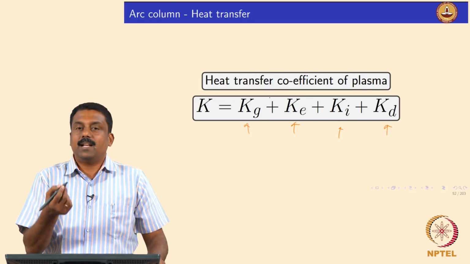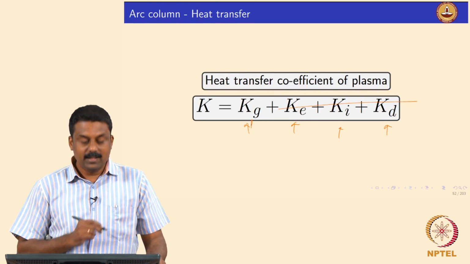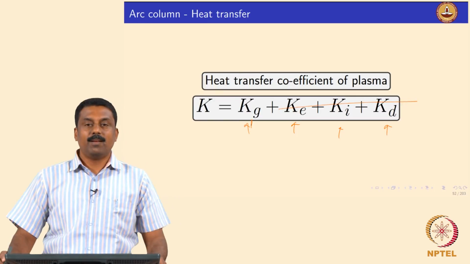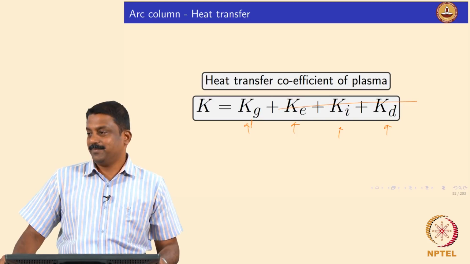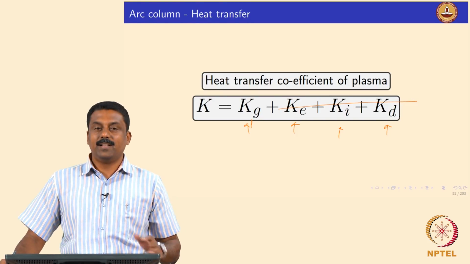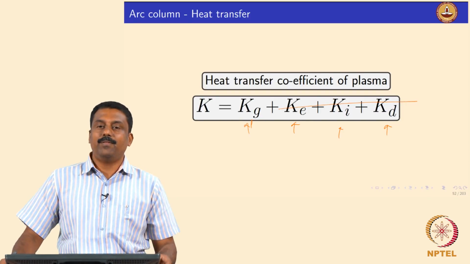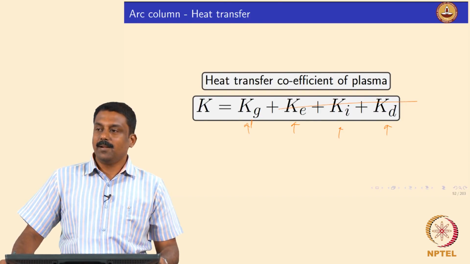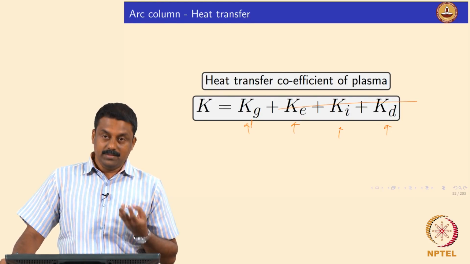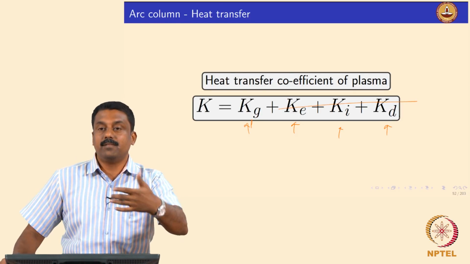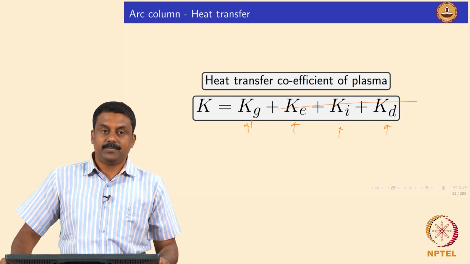In a classical solid conductor, these go away, you have only Kg, but in an arc unfortunately we will have to account for all these 4. So, when you look at how heat is conducted in an arc, we need to calculate all these 4, and these 4 reactions would determine the temperature distribution if you neglect the radiation and convection heat transfer. So, these 4 would determine the arc temperature.